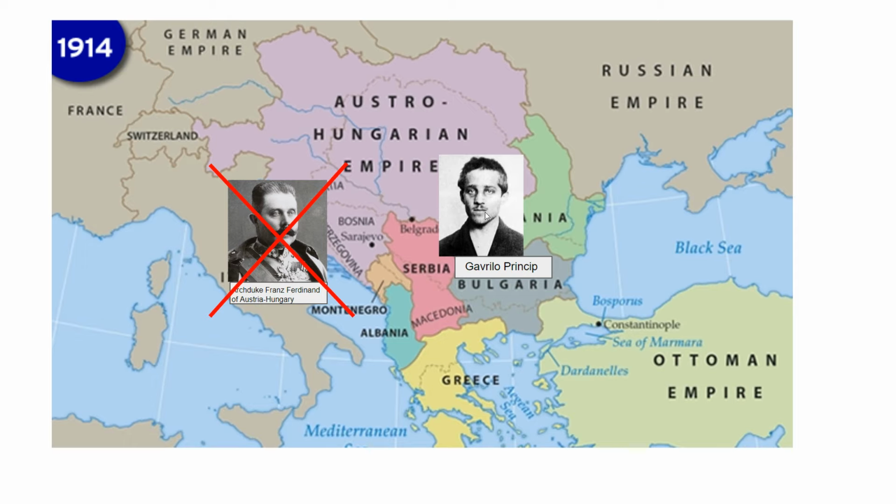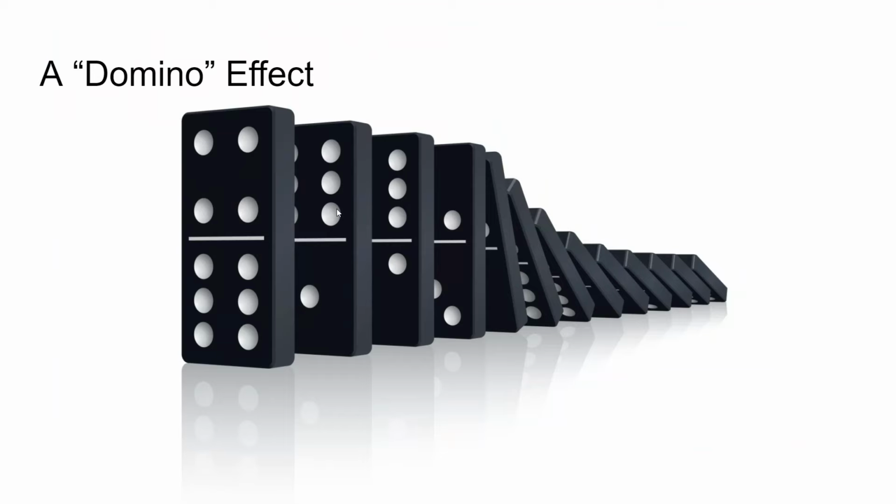Now, this seems like a small part of history, right? Or it could have been. It very well could have just been, the Austro-Hungarian Empire has their heir murdered. He's supposed to be the next emperor. They could have gone to war with Serbia, solved their problems there. But we know that when we're looking at the map, there are other alliances in play, and that's going to lead to something that we're going to call the domino effect that actually starts this war.